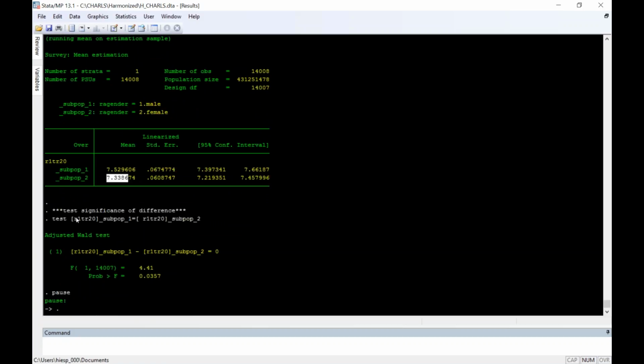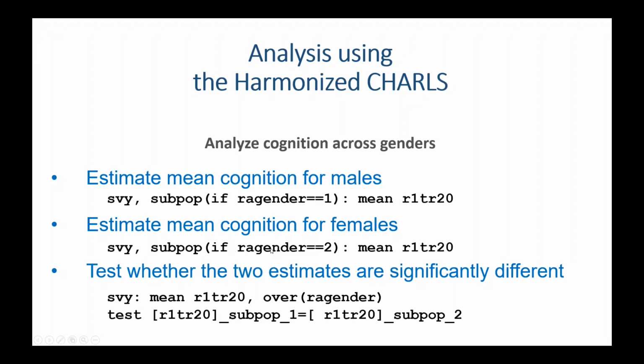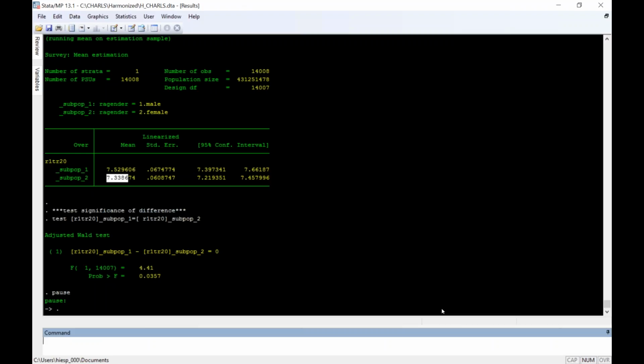And then we can test, this is an adjusted Wald test to test the difference in significance. So you use the code here. This is how you run a Wald test off of the mean estimation. We can test, this is the variable that we're basing the estimate on for subpopulation 1. We're going to test whether it is equal to the estimate of this variable for subpopulation 2. And when we do that, you can see that we get a probability of 0.035. So it is significant at a 5% significance. So it seems somewhat significant that there is a real difference,